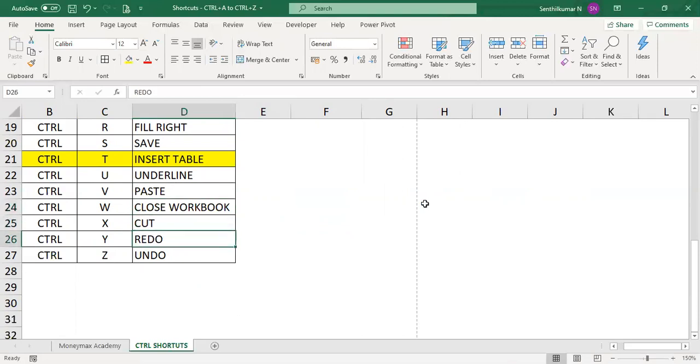Then we want to know redo and undo. Finally, redo and undo. Suppose we have the data already. Copy and paste. You don't want to do the action, so the action will be reversed. No, I want the action again. So Control Y. If you want to undo, Control Z. If you want redo, Control Y.